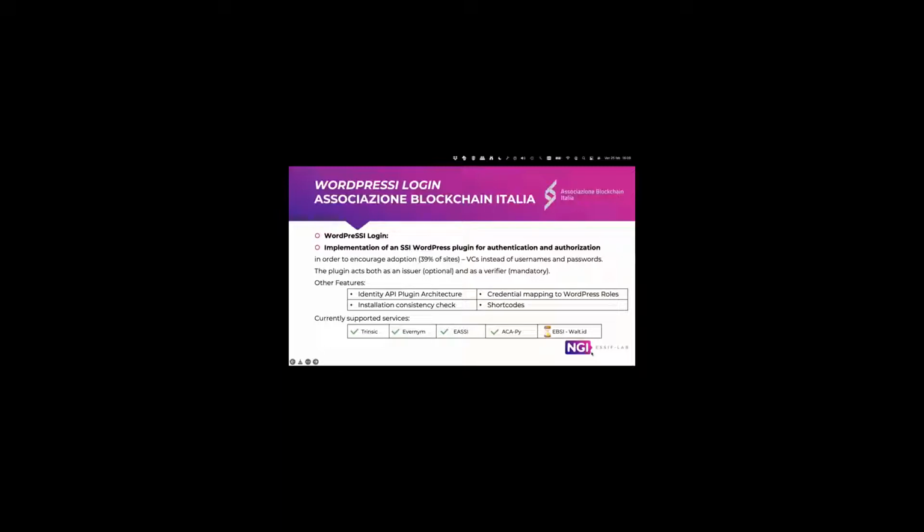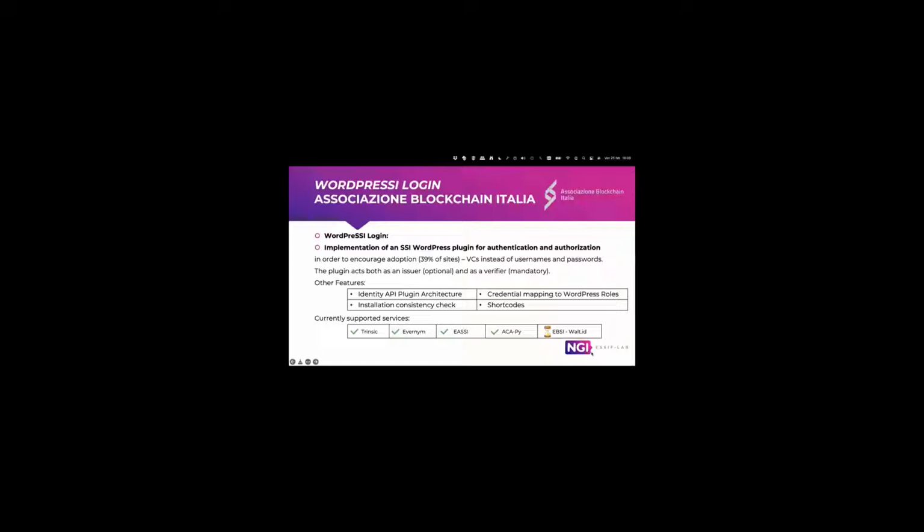Among the other features I will describe, there is an identity API plugin architecture, which I will explain because we built this. We have the possibility to map existing credentials to WordPress roles. We have an installation consistency check to be able for the admin to be sure that the installation is correct. And we added recently the possibility of shortcodes.